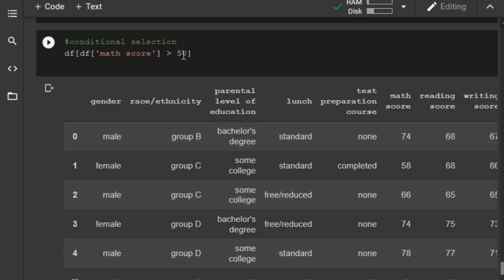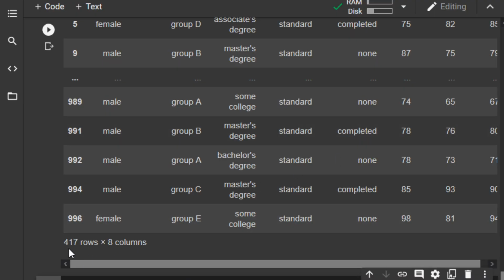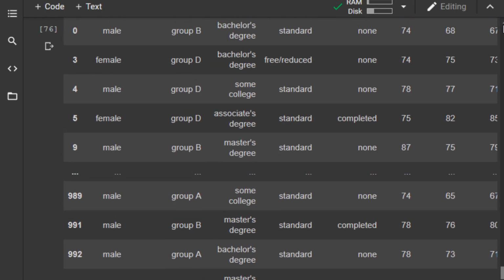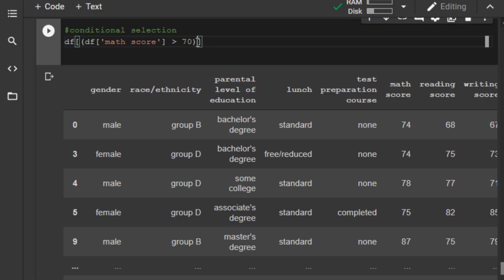We can increase this to, let's say, 70, and you see how much it would be reduced. So you see we have 417 rows now. So that is conditional selection in Pandas. So you can use any of the columns to select. You can also use AND. You can say you want to select those that scored greater than 70